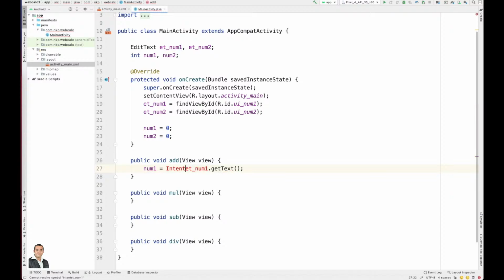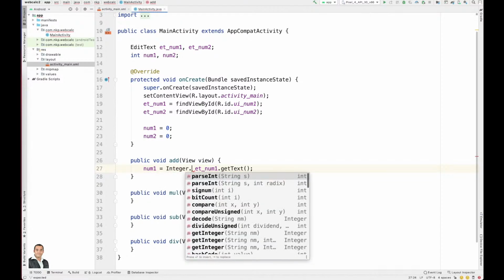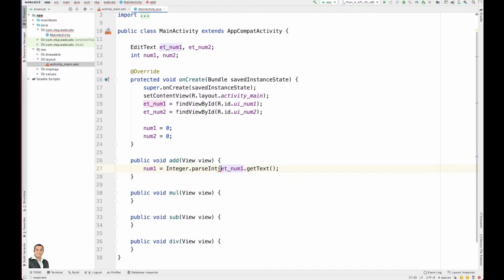Integer.parseInt, and in brackets we are passing the value which comes from the edit text. We also need to cast it to text. In case something goes wrong, it's better to convert the text to the string,